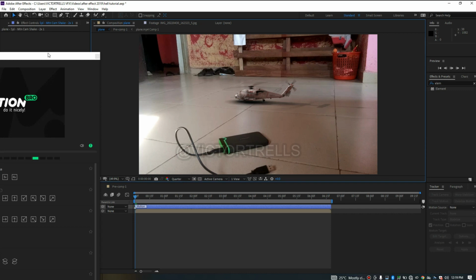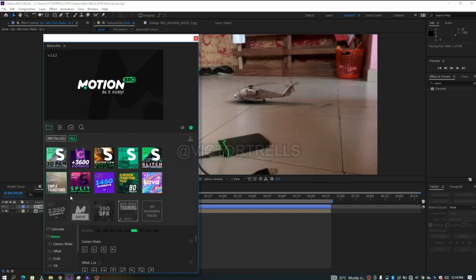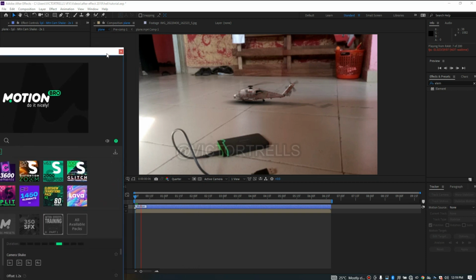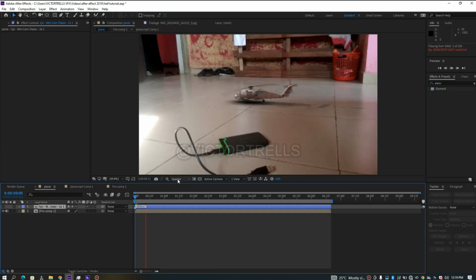But if you have the Motion Bro effect pack, the simple transition, you can add the shake effect manually to your composition or to your file. But let's say you don't have the Motion Bro stuff and you want to manually add the camera shake effect. All you need to do is come over to your